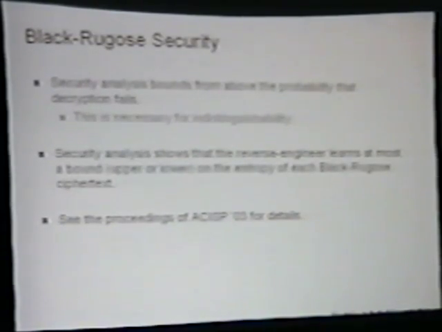Okay. The security of Black-Rugose. I'll give you a quick 10,000-foot view of the security. Basically, what happens in Black-Rugose is we leak a bound, either upper or lower, on the plaintext to the reverse engineer. And because of this checksum field, we have to make sure that indistinguishability still holds against the end user. And for this, the intuition here is that the plaintext space is so huge, you're not going to be able to encrypt them all and check to see